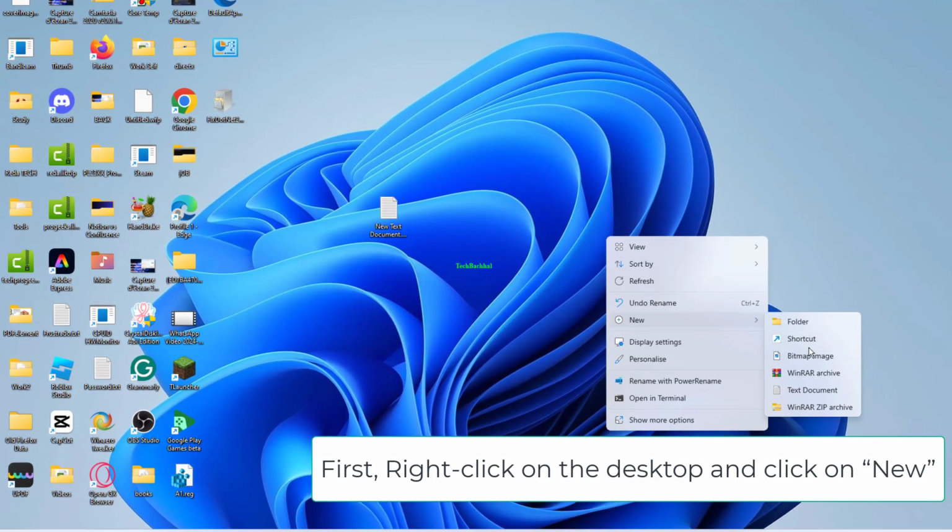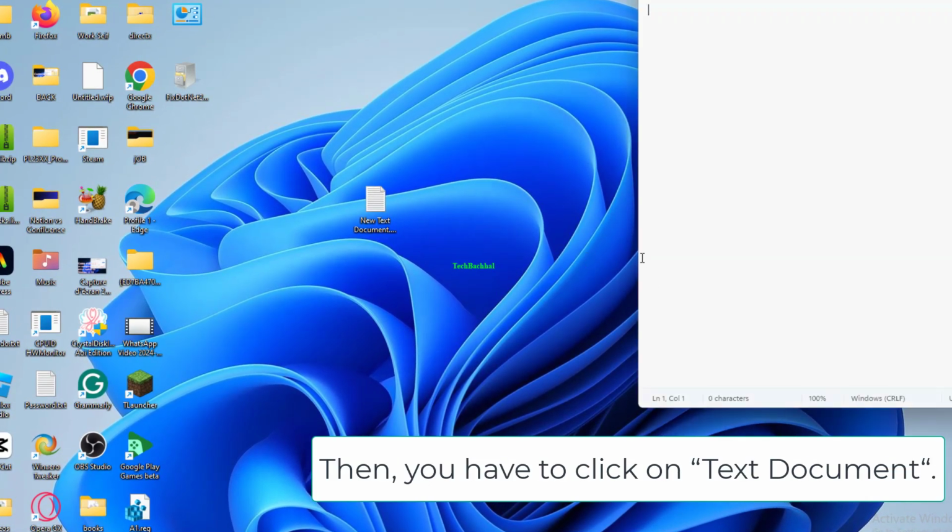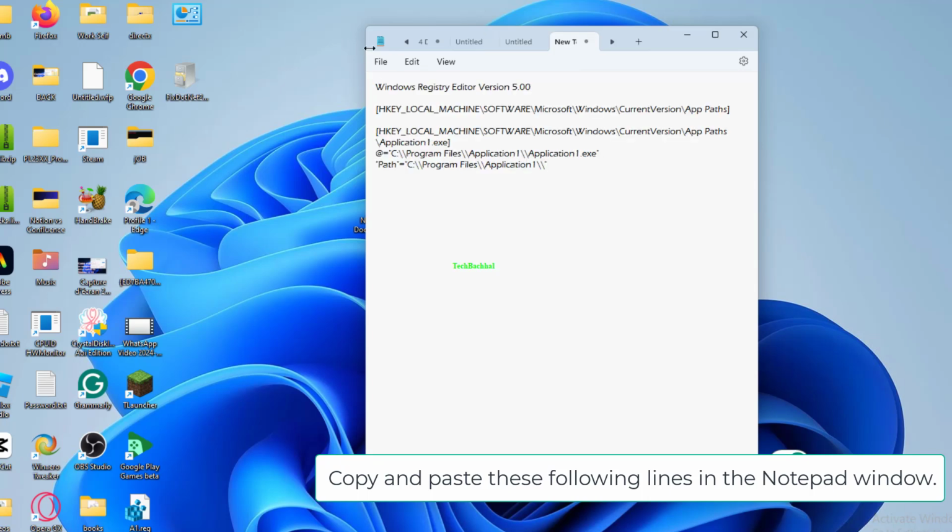First, right-click on the desktop and click on New. Then, you have to click on Text Document. Copy and paste these following lines in the Notepad window. Press